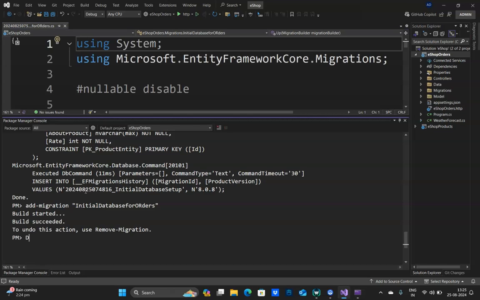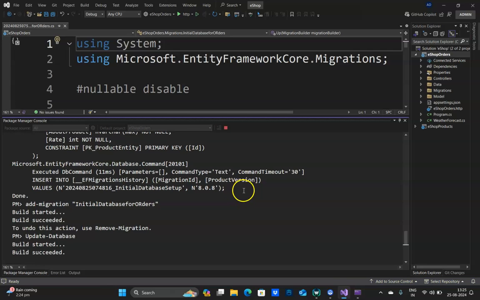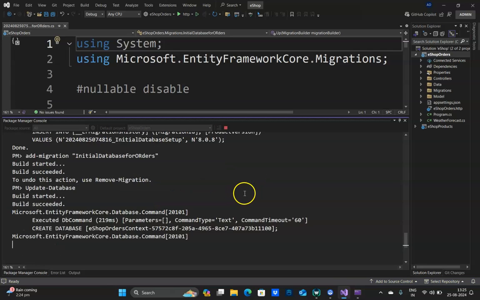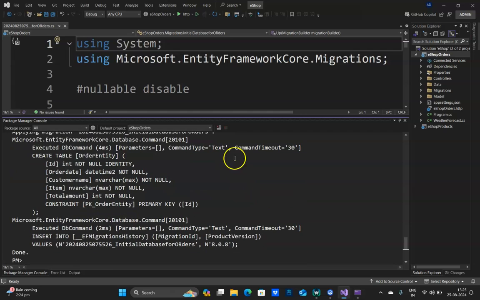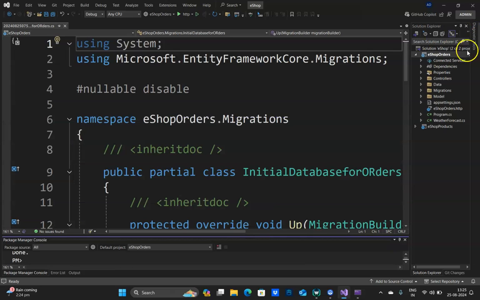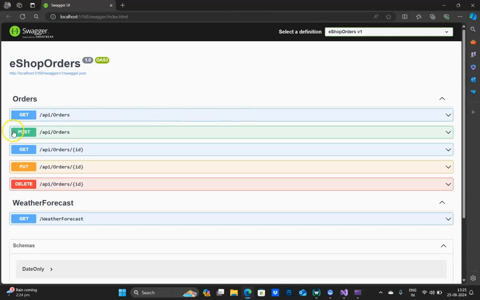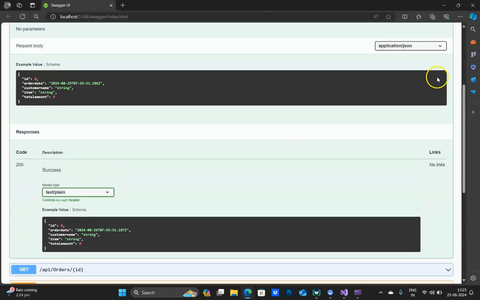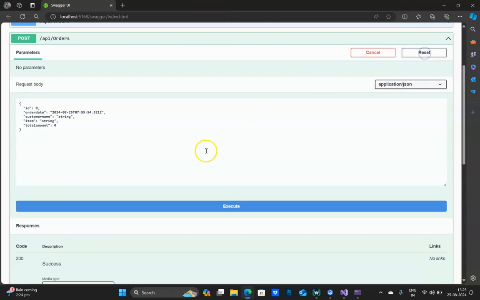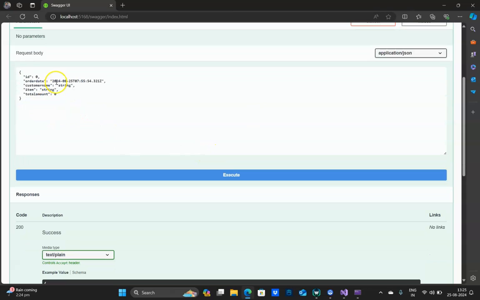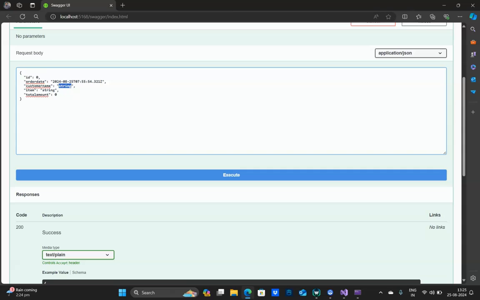And this time let me use the proper command. It's update-database. Cool, successfully created. Now let's go ahead and run this project and also add few records. So go to post and click on try. Here let the date be as it is